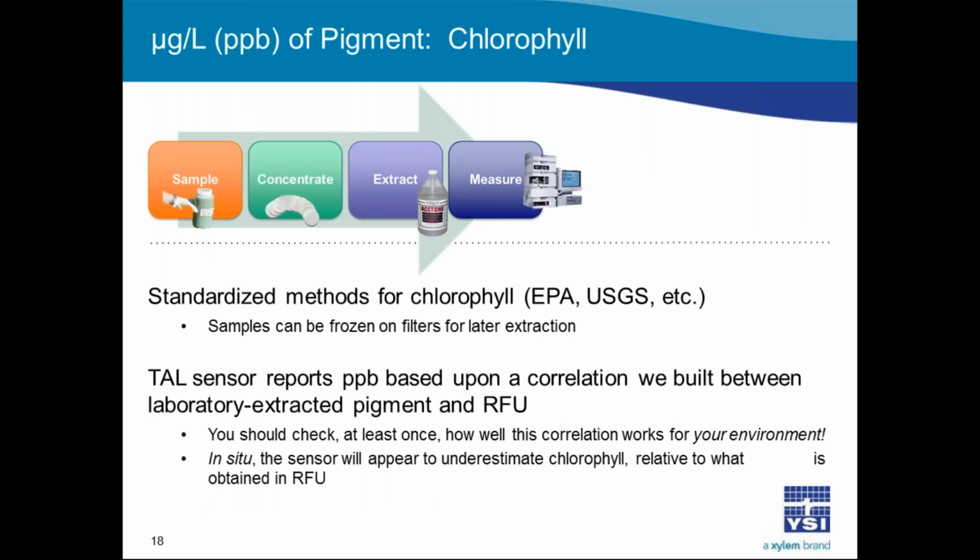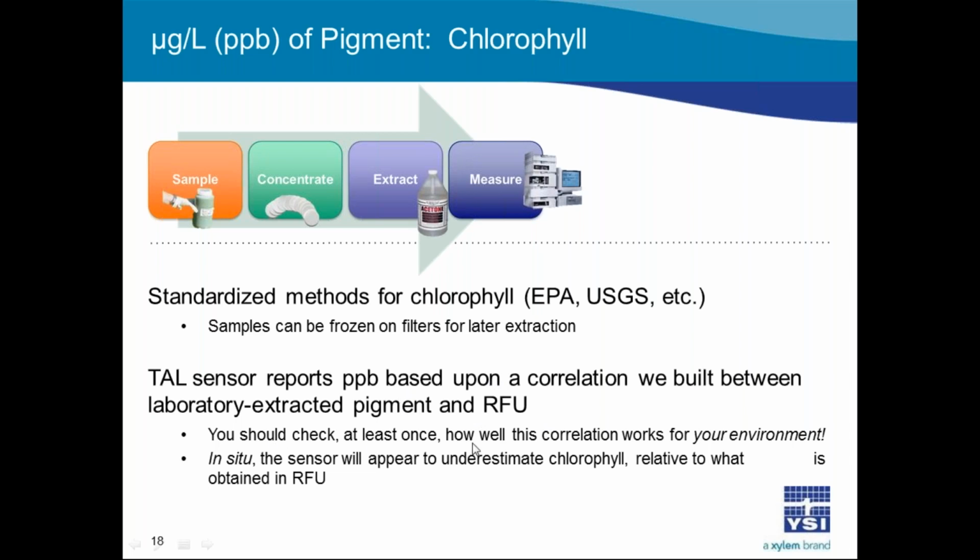Now, parts per billion of pigment is also a very popular unit, and it is one that we offer with the total algae sensors. It was derived using an EPA standard method where we would collect and extract the chlorophyll and measure that in the laboratory using both the sensor and a benchtop fluorometer to ground truth the sensor measurements of RFUs. So this worked pretty nicely for the blue-green algae we were working with in the lab,